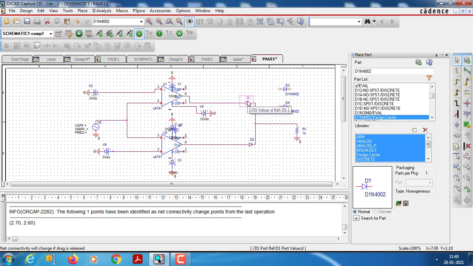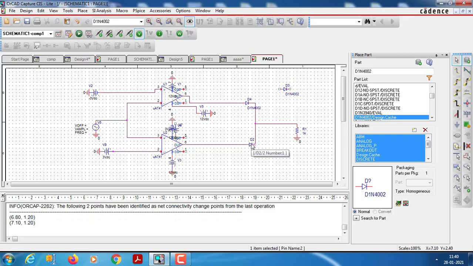Let us delete this diode. Let's delete another diode. Now two diodes have been changed.